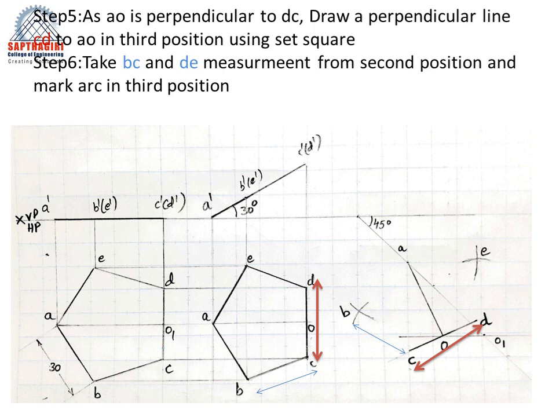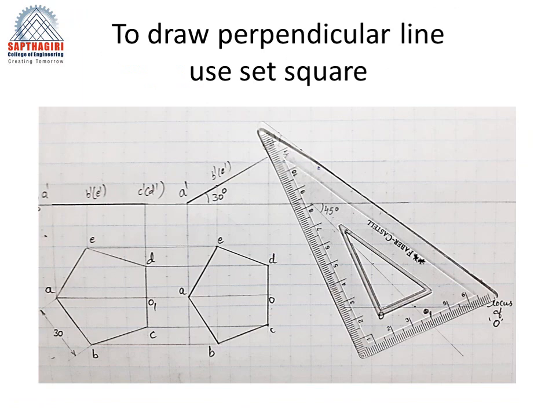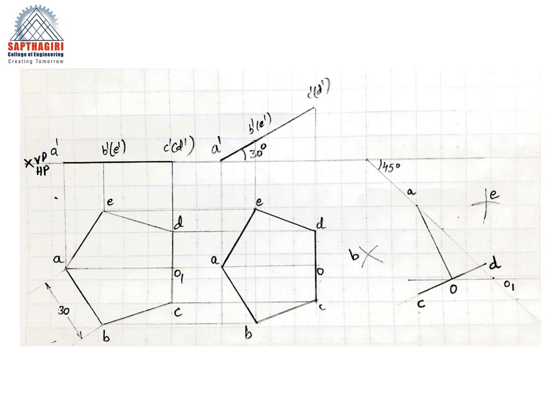To avoid more lines and complications, we can identify that DC is perpendicular to AO. So mark OD and OC perpendicular to AO. To draw the perpendicular line we can use a set square: the inner edge of the set square is matched with the AO line, and then perpendicularly these lines can be drawn, where OD and OC can be represented. Like this, OD and OC are represented perpendicularly, where AO is perpendicular to CD, and